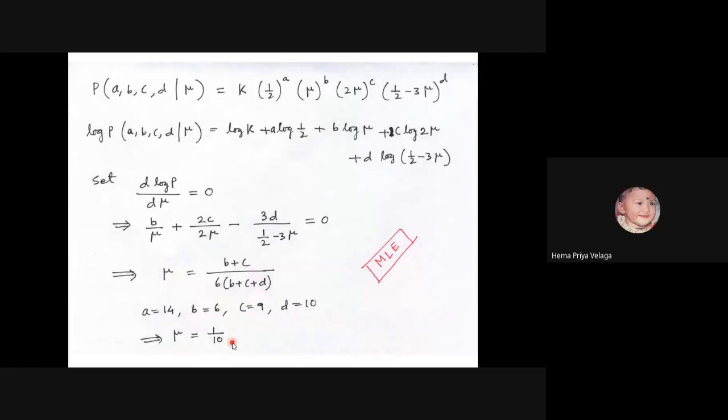Yes, sir. Okay, good. So again I repeat, what is the process of maximum likelihood? Maximum likelihood is that we know the model, right? So the model here is a multinomial distribution. Why multinomial? In binomial, we have two outcomes, success and failure. In multinomial, we have more than two, because grade A, grade B, grade C, grade D, 4 outcomes. That is why it is a multinomial distribution.